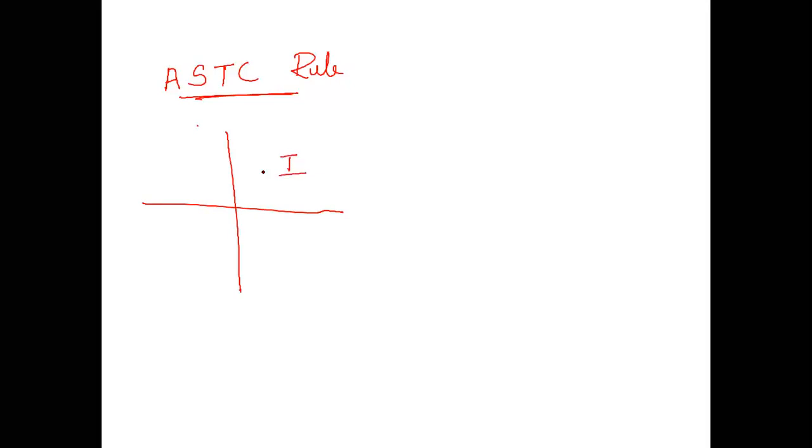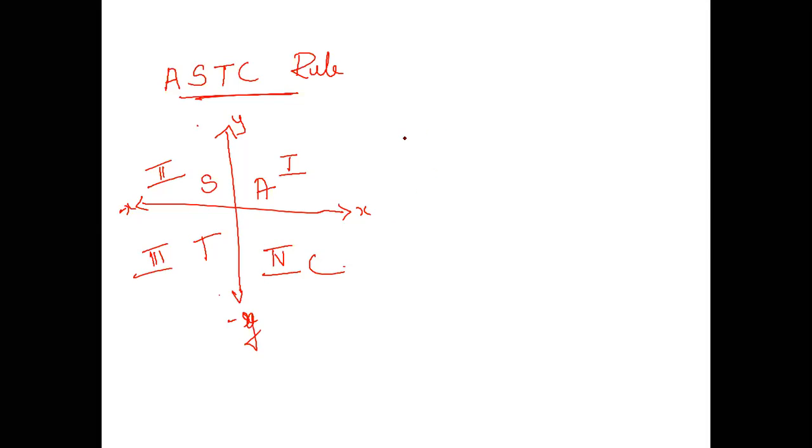So this is the first quadrant, this is the second quadrant, this is the third quadrant, this is the fourth quadrant. This is y, x, correct? This is how you draw the graph. Now the ASTC rule. How will you remember the ASTC rule? All students take coffee. Good, the same thing, Adam. ASTC rule is nothing but all students take coffee.